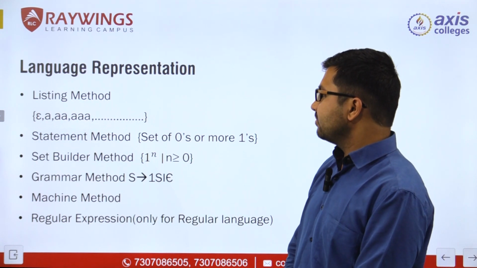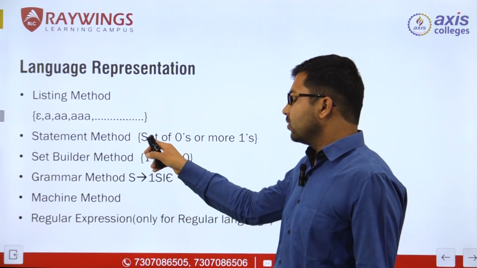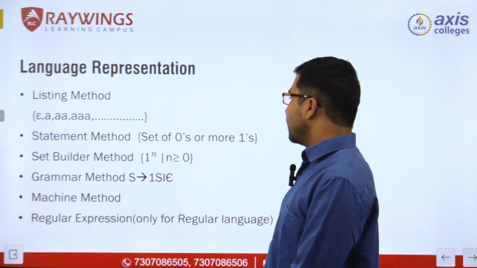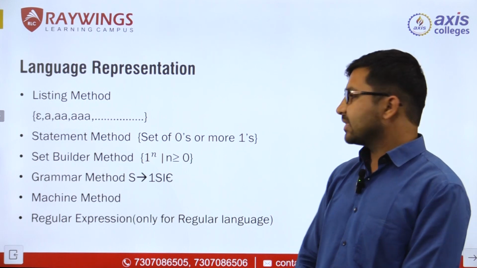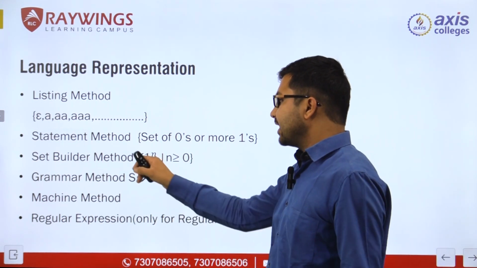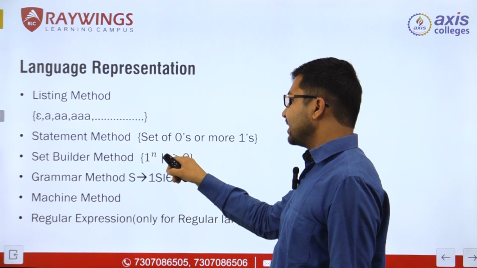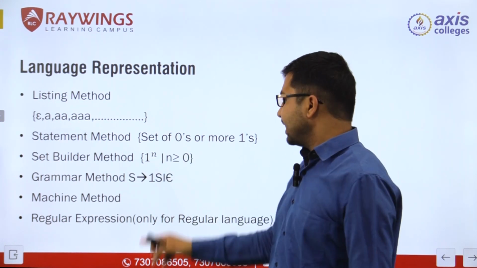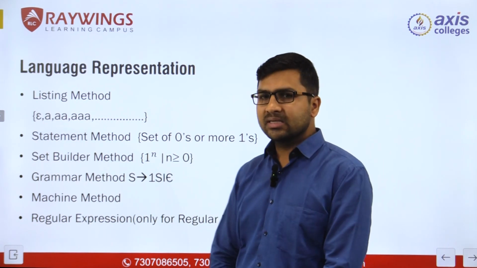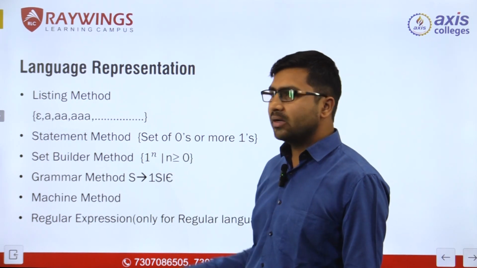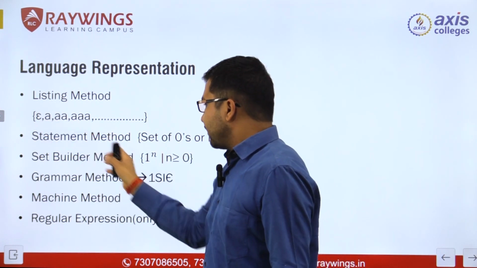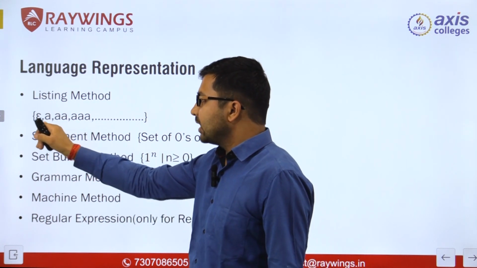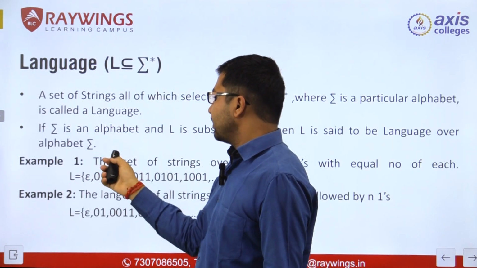In the second method, the statement method, if we talk about the example, then L equal to set of zeros or more ones. In the next method, the set builder method, here L equal to 1 power n such that n greater or equal to 0, means if n equal to 0, then it contains the null string, n equal to 1, then it contains a single one, n equal to 2, it contains double one. Here, if we convert this set builder method to the listing method, then L equal to null, comma 1, comma double one, comma triple one